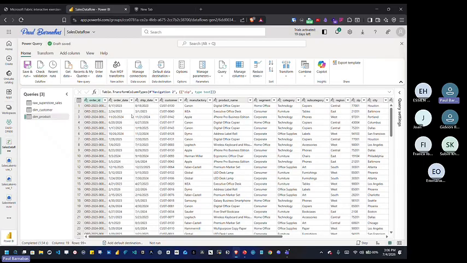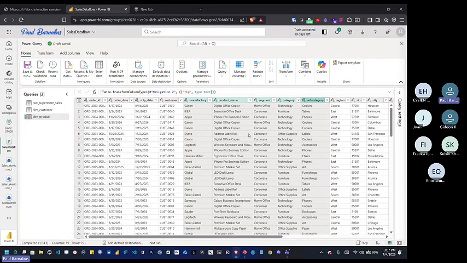As I do that, I am going to try and identify where the product related columns are. I can identify there's one. Clicking on the control button, if you're on the PC, you can select multiple items. So you can see that this is selected, the green. This one is selected. I'll click on segments, category, subcategory. So all these 1, 2, 3, 4, 5 are related columns that we can add together to form our product